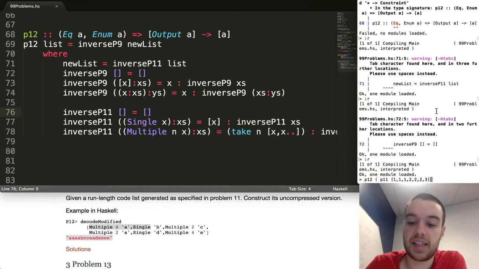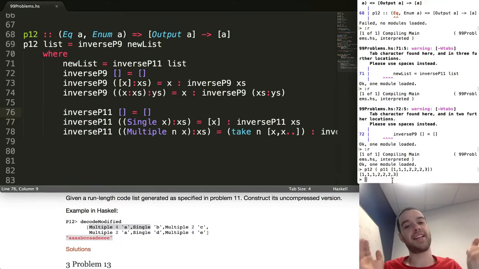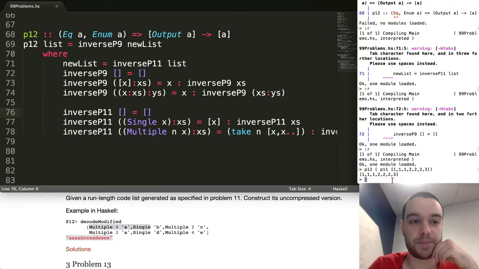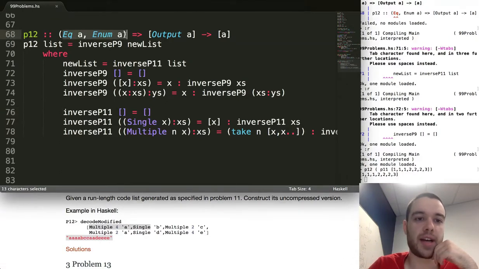And P12 works, and this will just output that same list because they're reverse. Hey, okay, cool. So that worked. I'm gonna come back there eventually and see why this needed to be none. But for now, let's move on